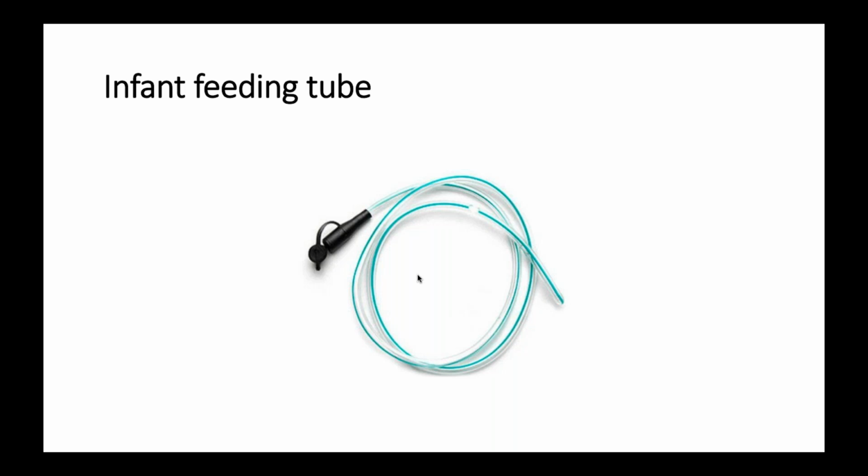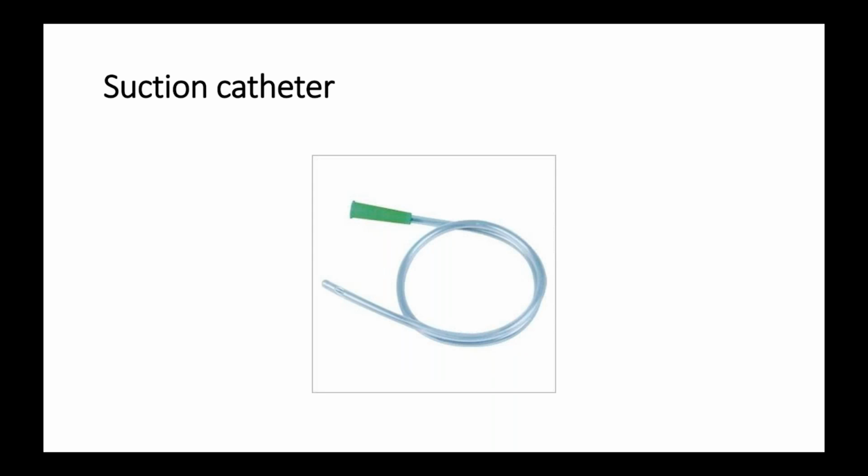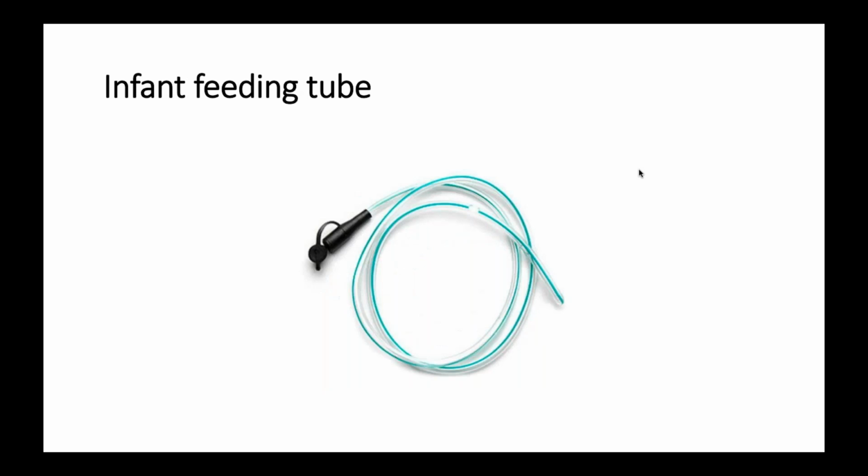Same for the endotracheal tube also. There is a green radio-opaque line by which you can judge where the tube is inside the trachea, and you can adjust its position depending upon that. So, feeding tube and suction catheter. You can see the suction catheter, we usually do not keep it inside, so it usually lacks a green line, but sometimes it may have one. And it has an open distal end, and this one has a closed distal end. Okay.